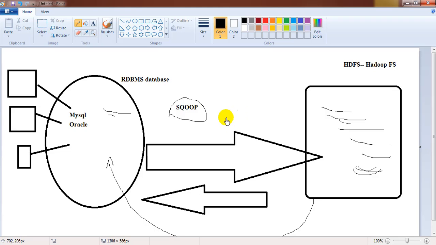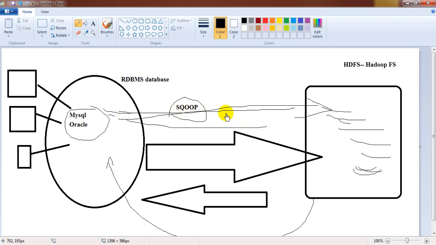In Sqoop we have multiple functions. You can do parallelism so that it will move the data faster. You can even do full load and incremental load. We call it a full load when the whole amount of data is taken from the RDBMS and stored to the HDFS. Now if we are in a situation where we don't want to go with the full load, we can also go with the incremental load. So these are all the functionalities which are available as a part of Hadoop,